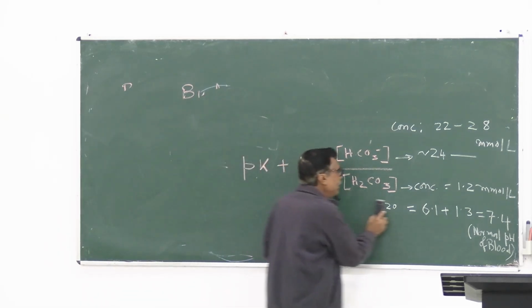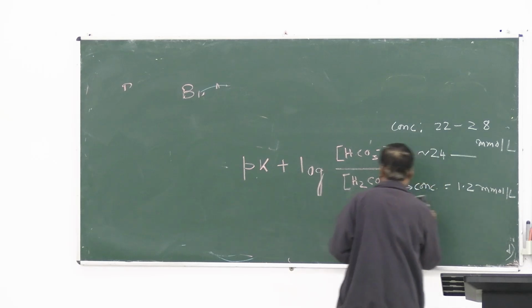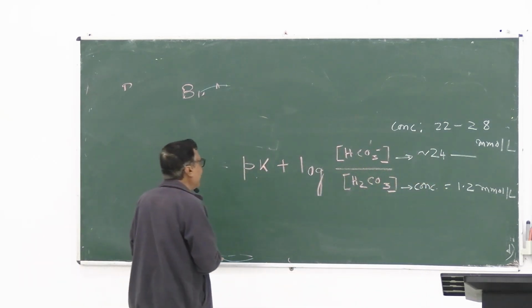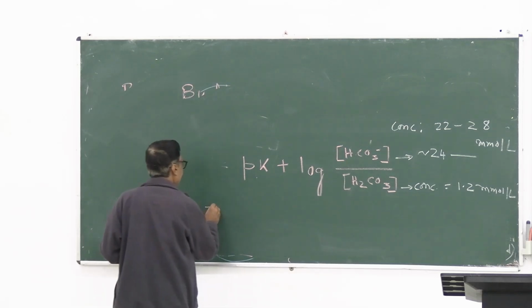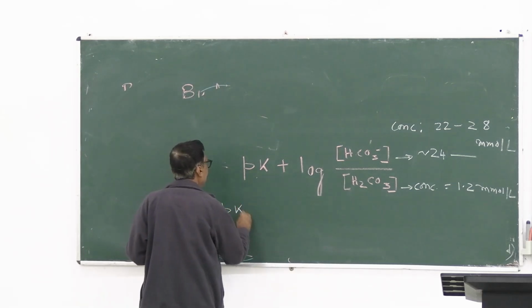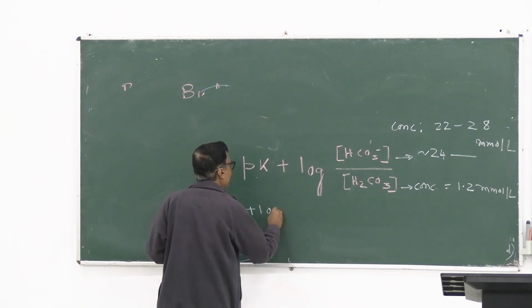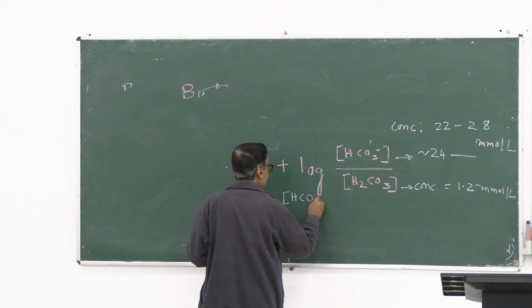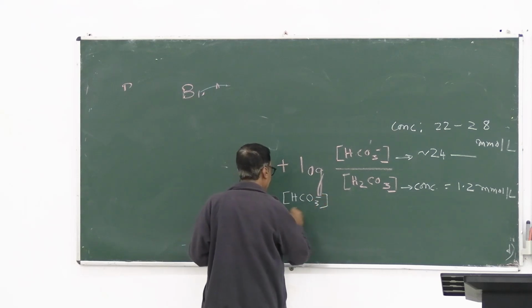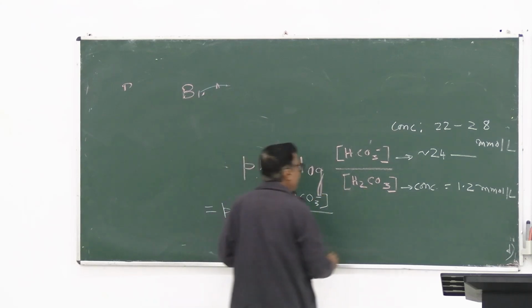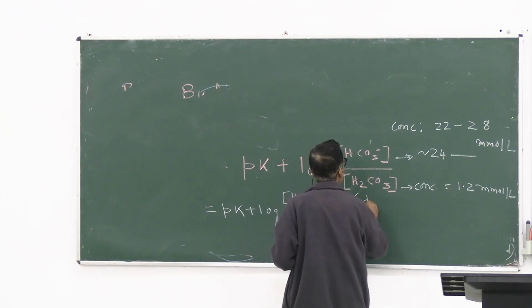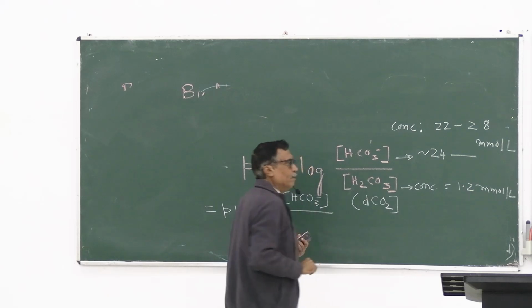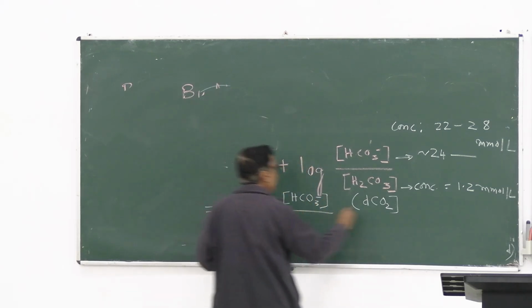Now, we cannot measure the carbonic acid. We can measure the partial pressure of the carbon dioxide. So the equation is pK plus log of a slightly modified equation. It is bicarbonate over the dissolved carbon dioxide. So, dissolved carbon dioxide is equal to